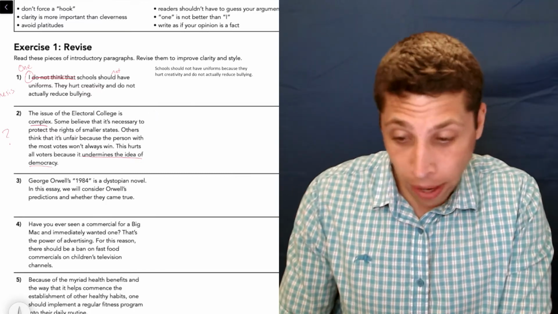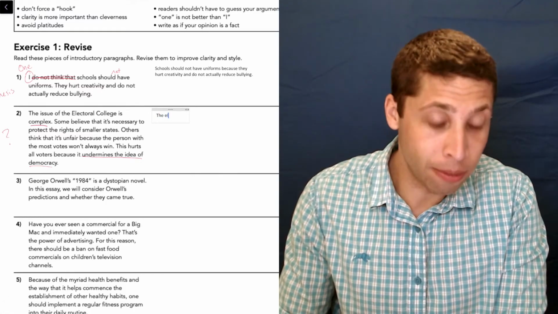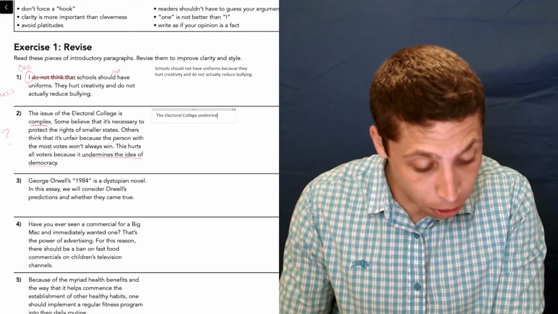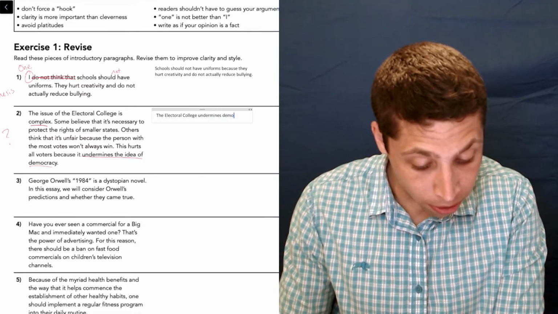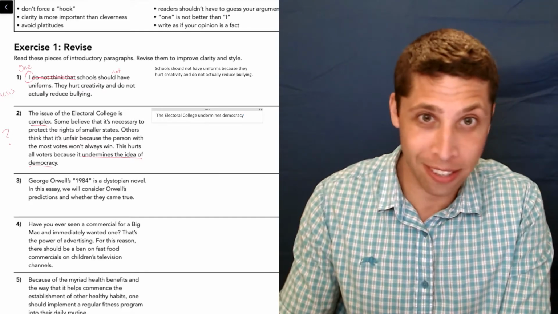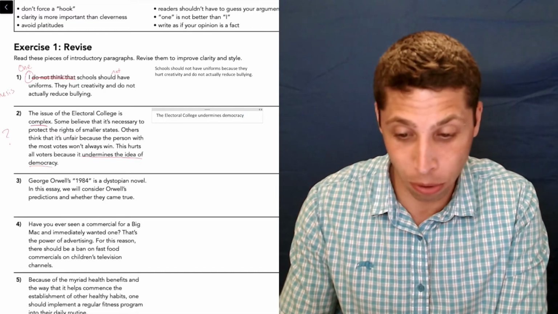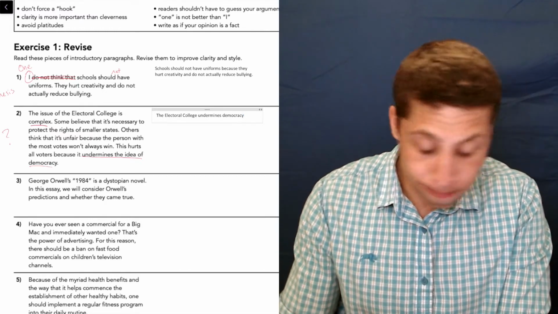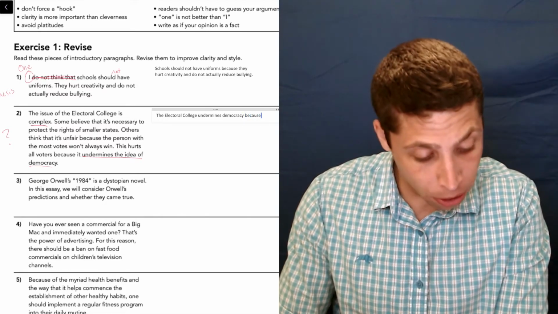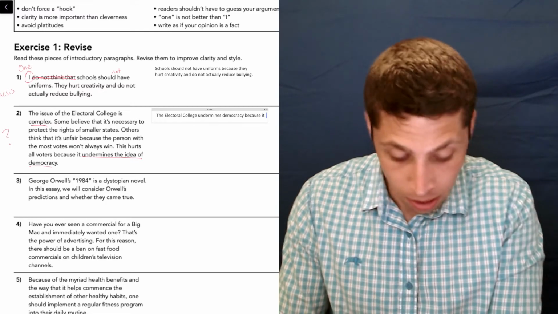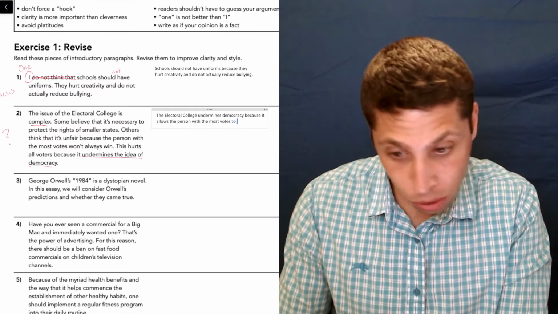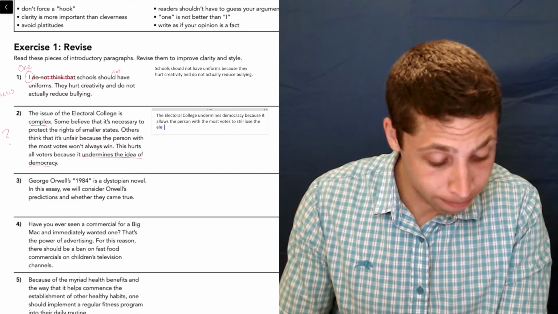I would want to make it really clear right up front what's going on. So we might need some sort of introductory sentence, but I think we can kind of just get to it. The Electoral College undermines democracy. Right? No wishy-washy, complex, multiple sides is part of this issue. This is just getting to the core of it right away. Now, I could also elaborate here. Something like, let's get that because in there, because it allows the person with the most votes to still lose the election, right?